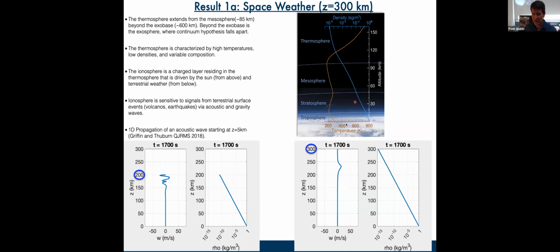But the important thing is you can see how the temperature profiles vary, right? So here at the surface, we're about 300 or so Kelvin. There's an inversion layer, there's another one, and then once you start getting really high up, it starts going up because you're obviously very close to the sun, right? You're getting closer to the sun. And then the blue line, the density, shows you the scale of densities up here, right? So here it's about order 1 at the surface for density of air. And then as you go up to about 150 kilometers, let's say it's about 10 to the minus 9. And when you get to about